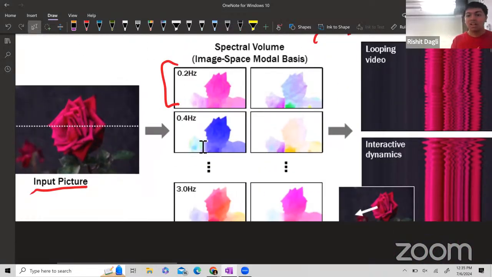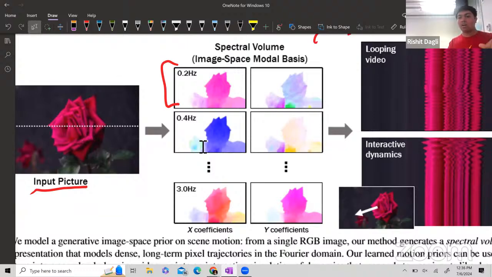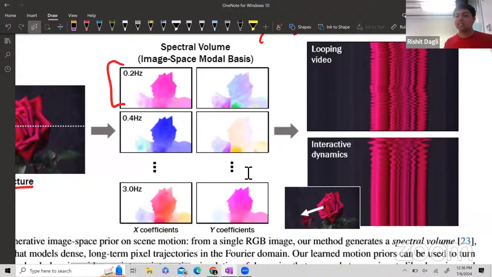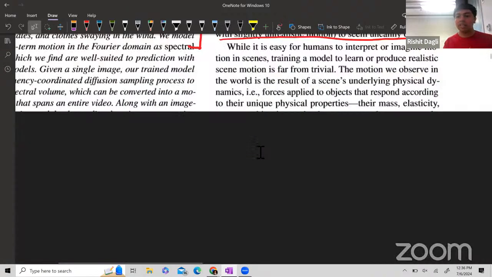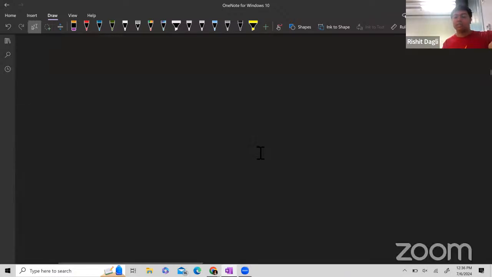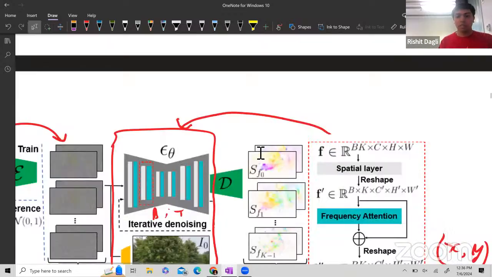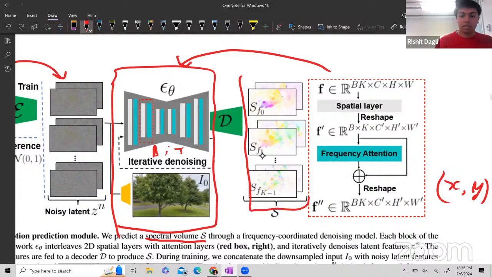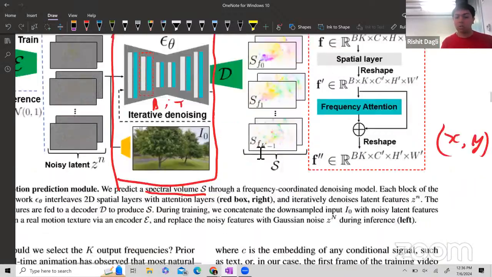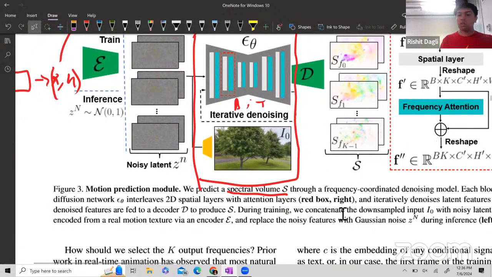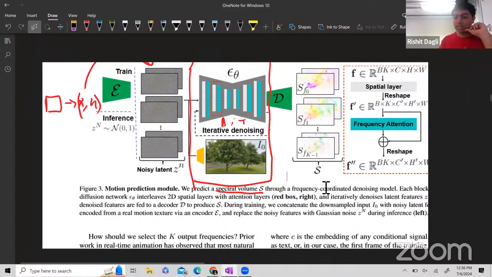So you have all of these Fourier coefficients for different frequencies, and what these represent is the motion. Then you can render those values into what they write over here, these motion maps. This is still spectral, but you then render it into all of these motion maps. So that's essentially how their entire problem looks, as it seems from this figure.